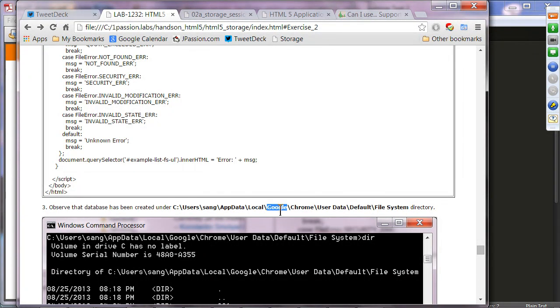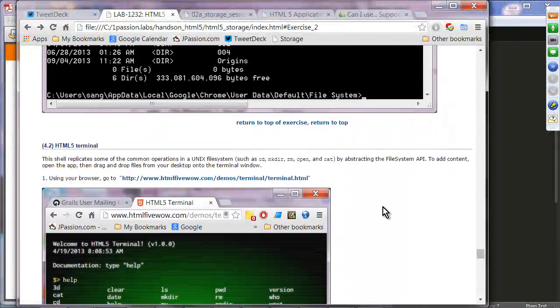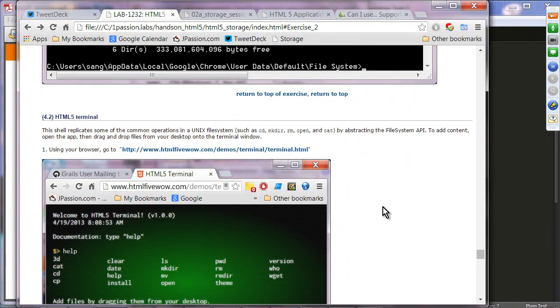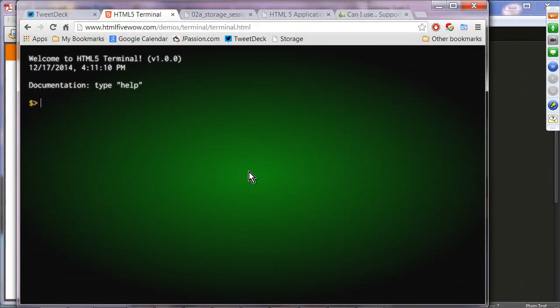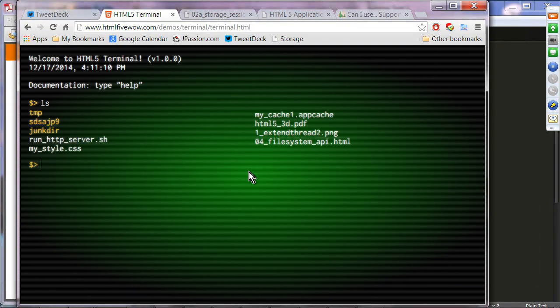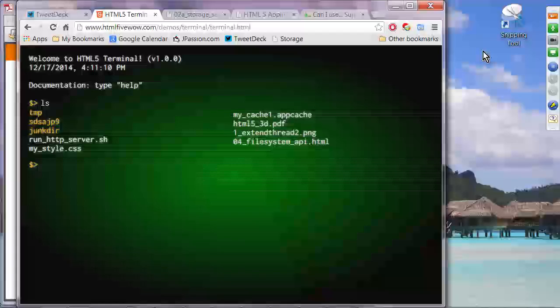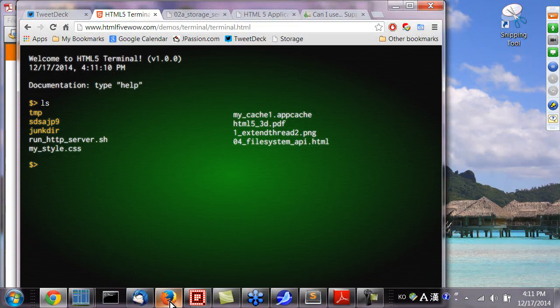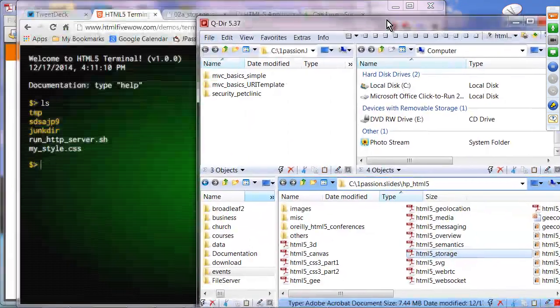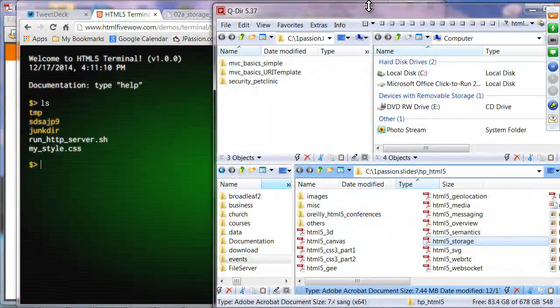So local Google Chrome user data default file system directory. There is actually an interesting application. If you click this, you can see it's like a browser, and it looks like a Unix shell. So you can say ls, and because it's a browser, you can actually do import project. So I can go to some file system here. Let me just import